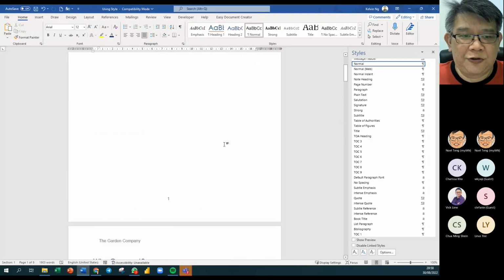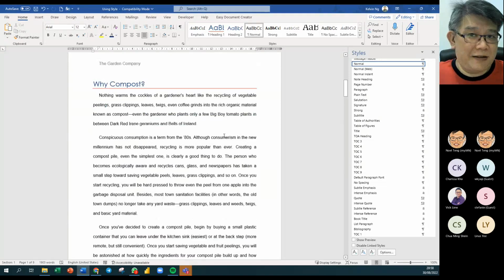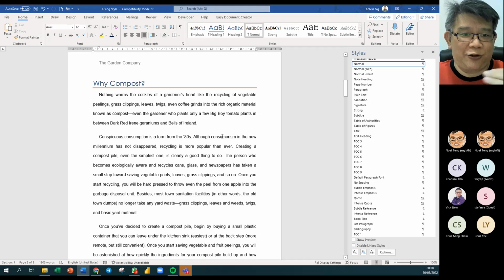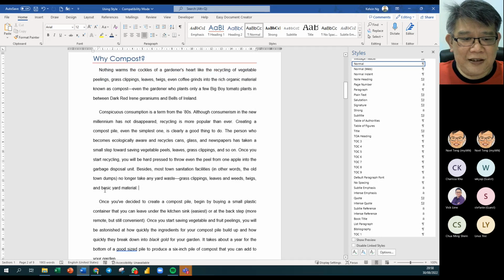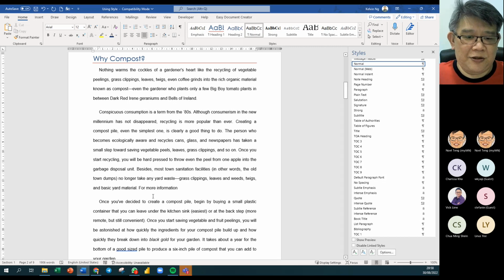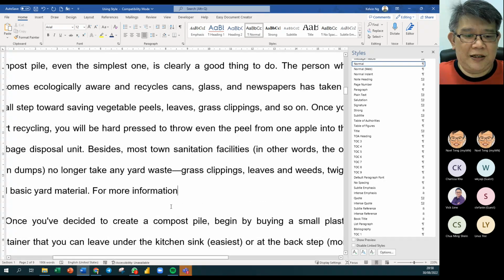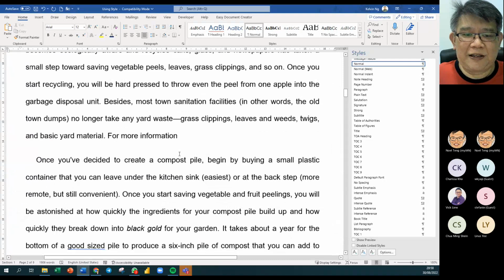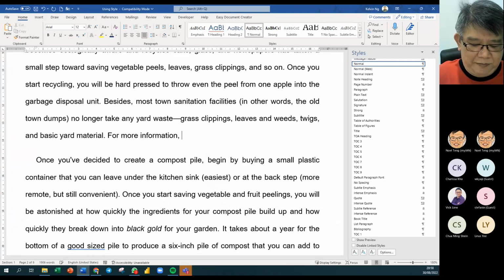Okay. Now, what I'm going to do now is this. Remember, we have used heading 1, heading 2 already. So let's just say in this document, after the word basic yard material, I want to have more information. I say, for more information, okay, let me just zoom in a little bit closer. So I tell them, okay, in this paragraph, I say, for more information, please refer to